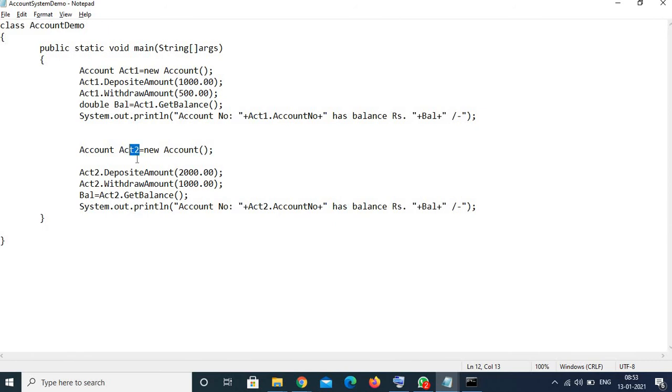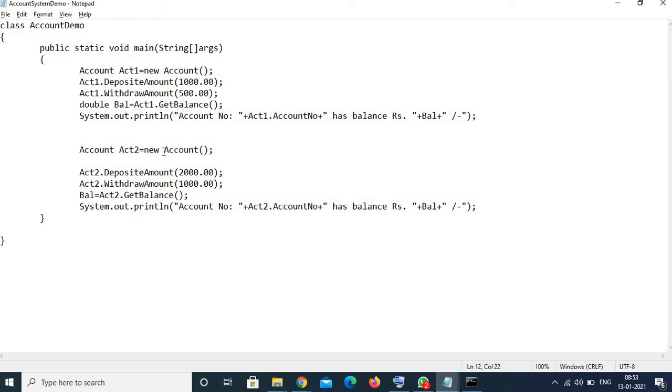When the object is created, the member instance variables will be created, so this act2 is going to hold the references of those member variables. That is the job of this. But then what is the job of the function here?